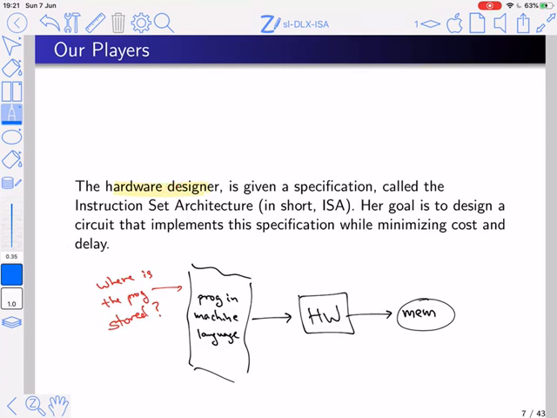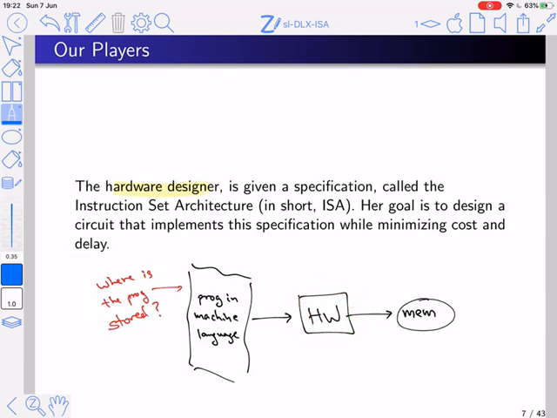The hardware designer is given a specification called the instruction set architecture, in short ISA. The goal of the hardware designer is to design a circuit that implements this specification while minimizing cost and delay. So, what is happening here from the point of view of the hardware designer is that she's supposed to design